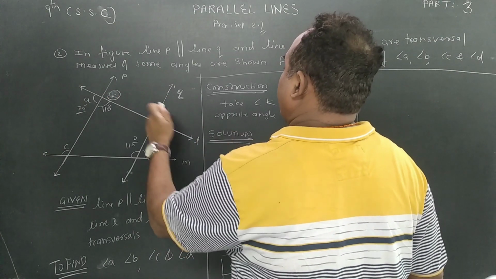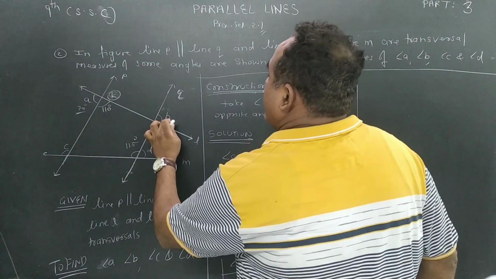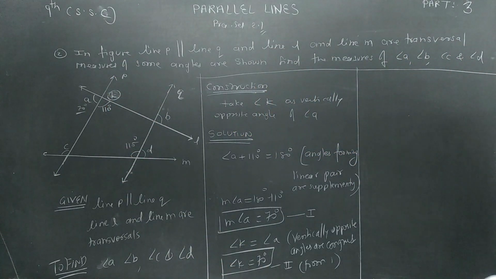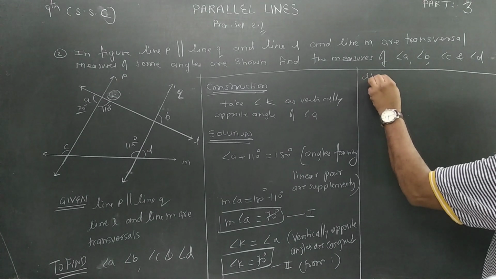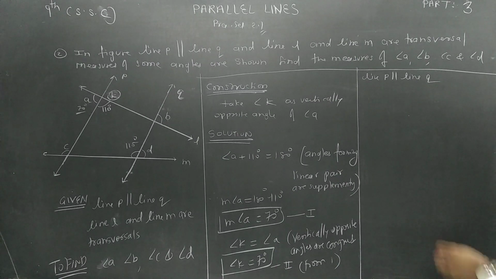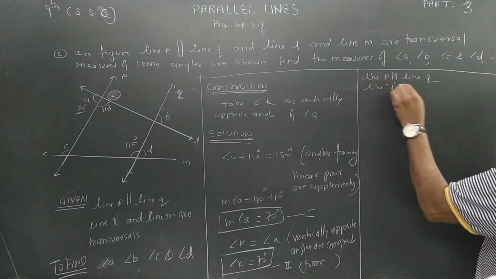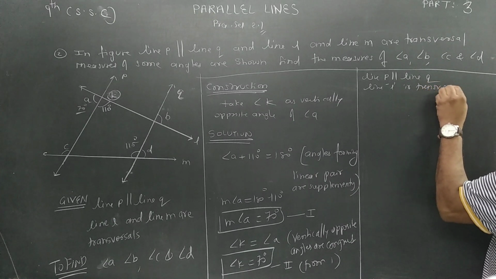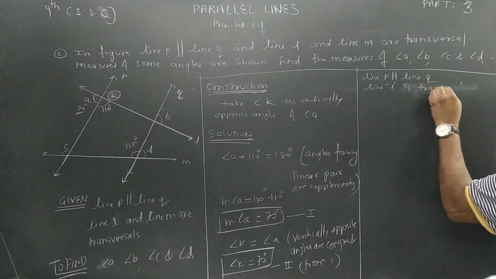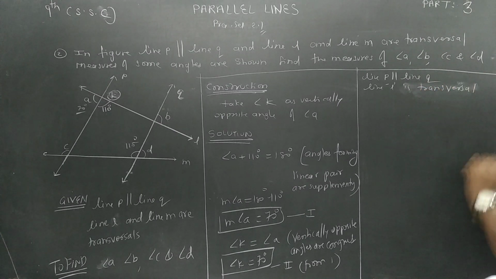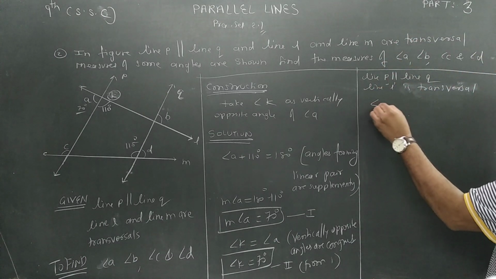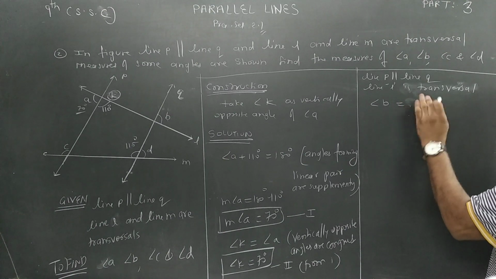Now K they have not asked you, but they have asked you B. But these K and B are corresponding angles. उसके लिए हमें mention करना पड़ेगा which lines you are going to take. So what are you going to write? Line P is parallel to line Q and line L is transversal. This is the way you are going to write. तो आपका एक भी मार्क्स कट नहीं होगा. Line L is transversal. You got it?